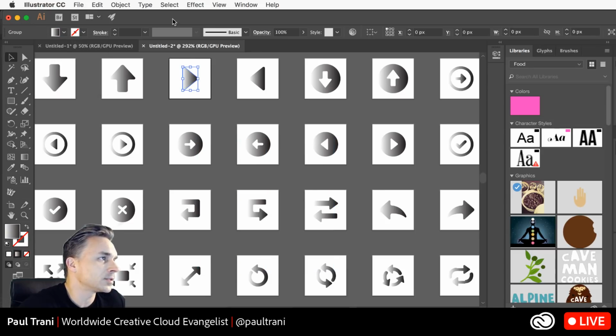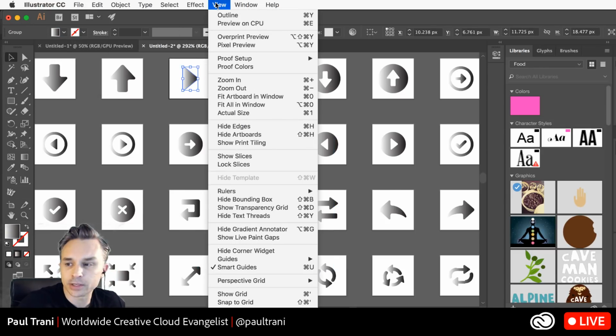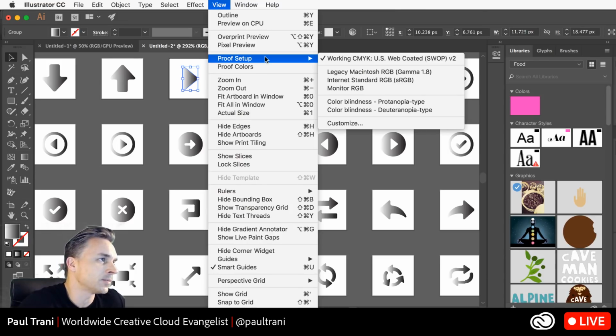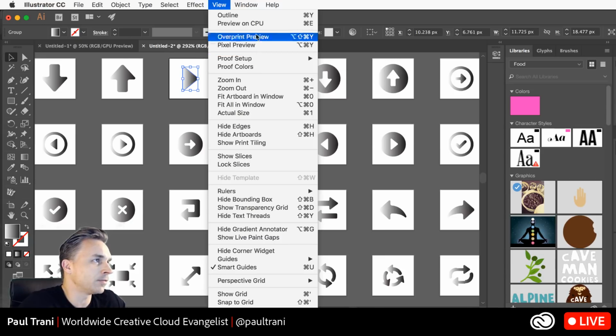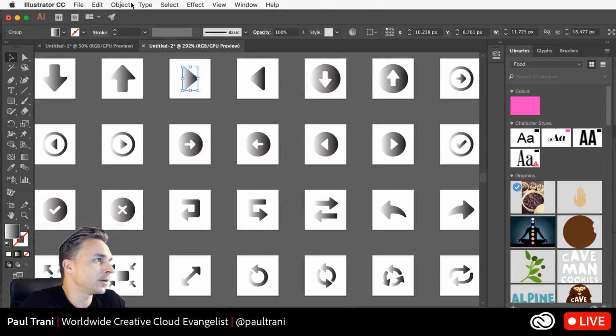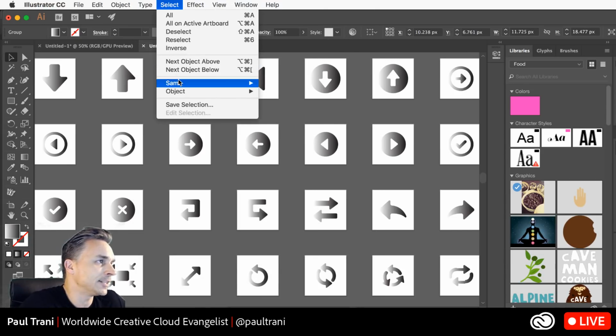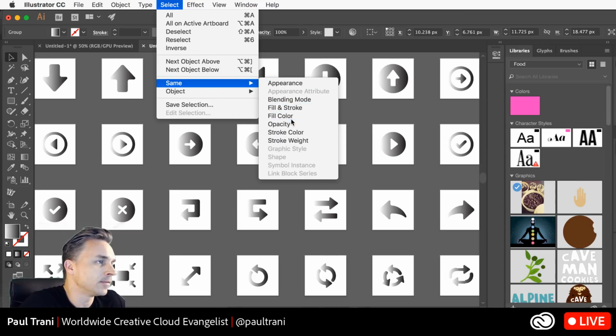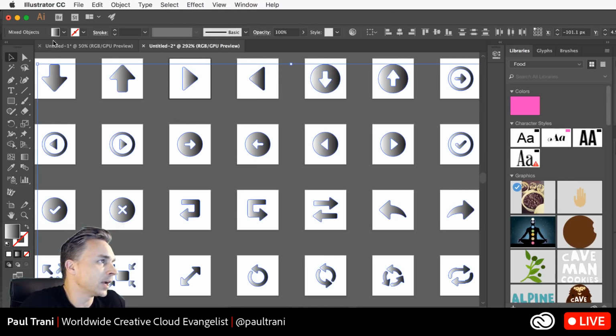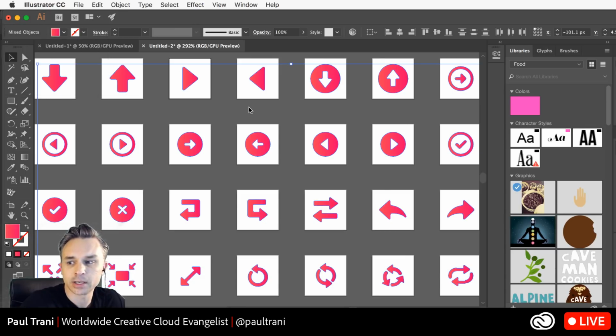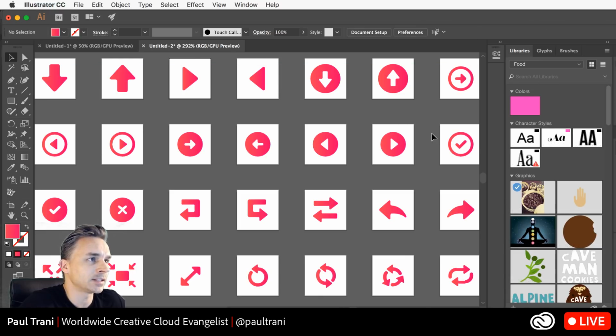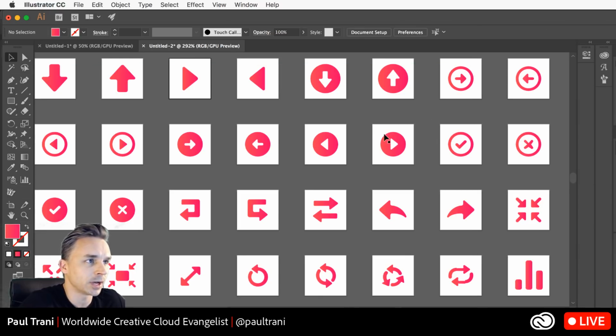All right, so I've downloaded basically a template. I'm customizing it in Illustrator. That's where I'm starting, and then I'll jump into Photoshop. From here, I basically want to select the same fill color. Again, I'm just customizing this because that's what I'd want to do: download a template and customize it like so. Once I have that done, there's a couple different things I can do. So I'm showing you how to get assets into